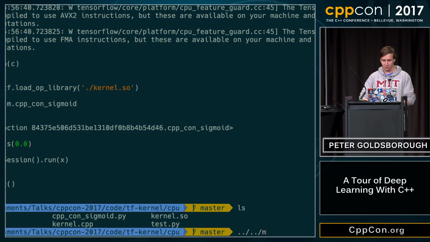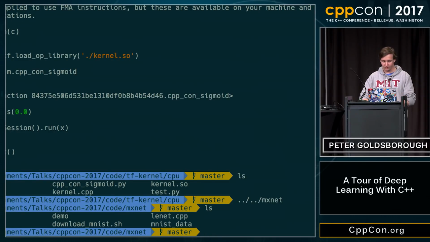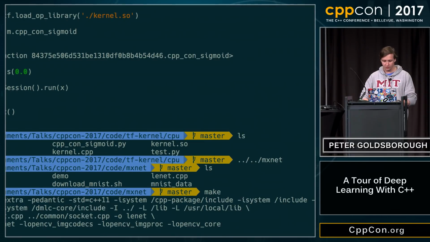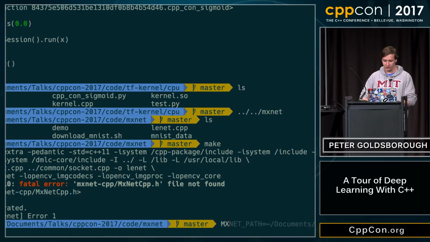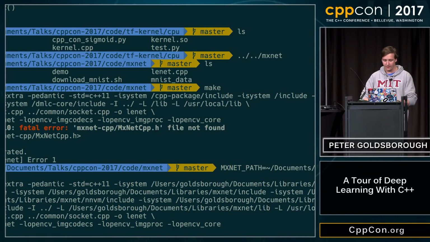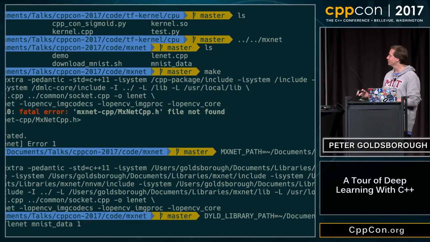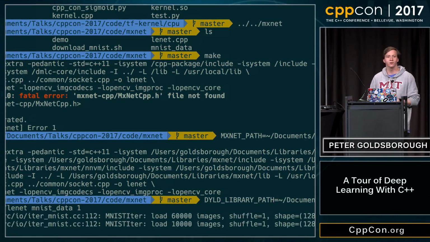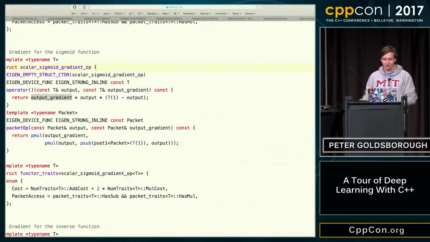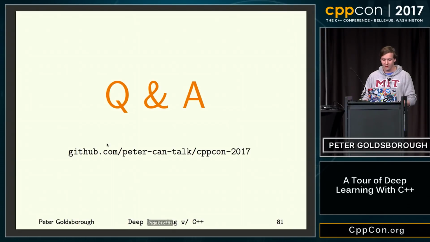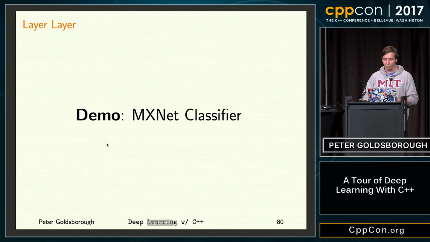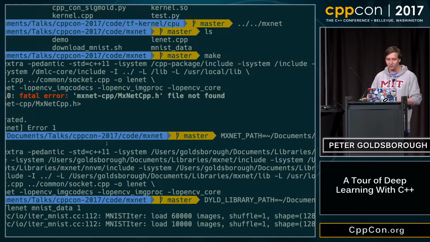Let's go up. OK. So we can try this out. I think I need to remake this. OK, I have some environment variables here. This should hopefully be fast. OK, this is actually going to train live. This is going to take 6 days, so I'll see you back next week. No, it just takes around a minute. But I'm still going to move on. I think this is actually the last part. So we can start taking questions now, and this should be finished in a minute or two, and then I'll show you a demo of using a real neural network in C++.